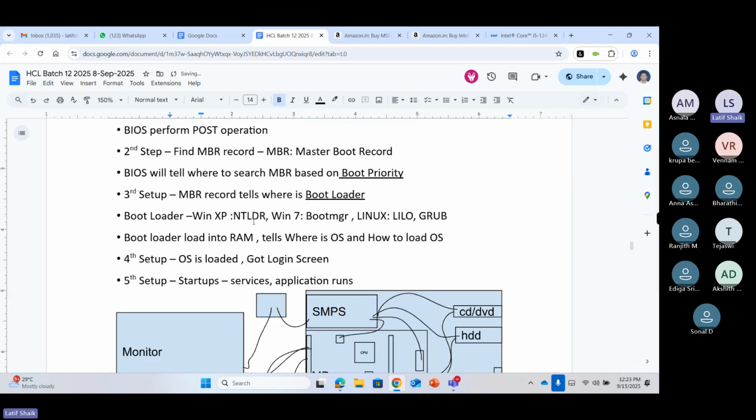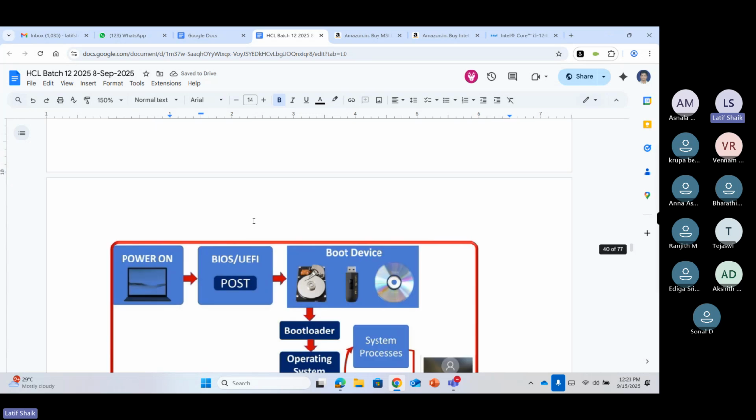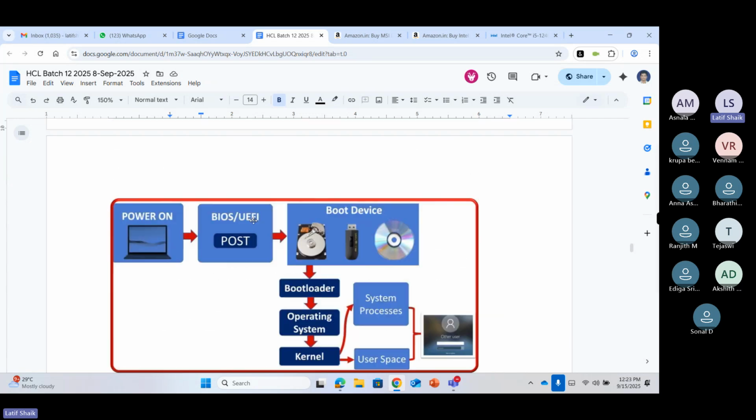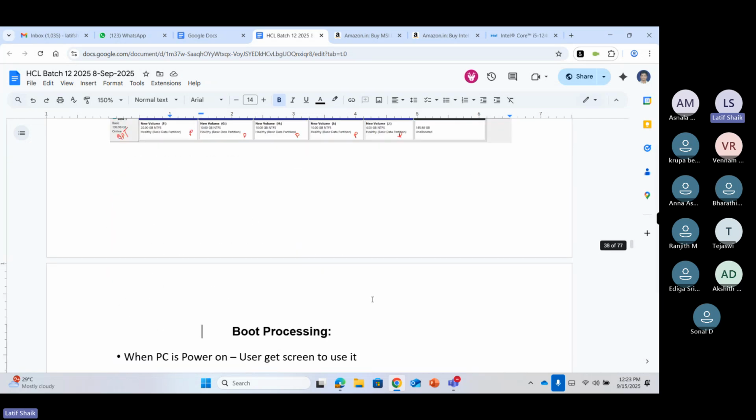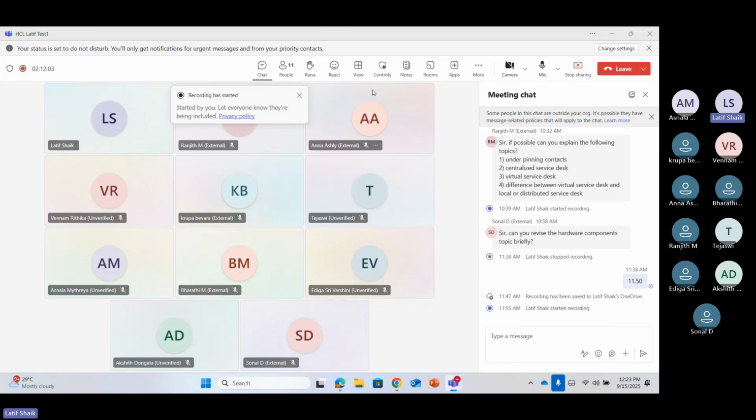The next thing we are going to see is boot processing, guys. Okay, let's take a small break and then we'll start discussing about a